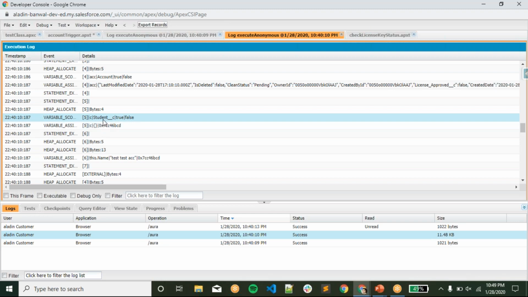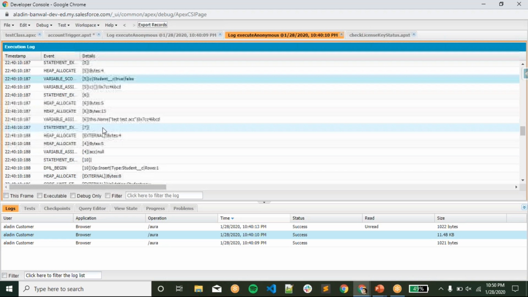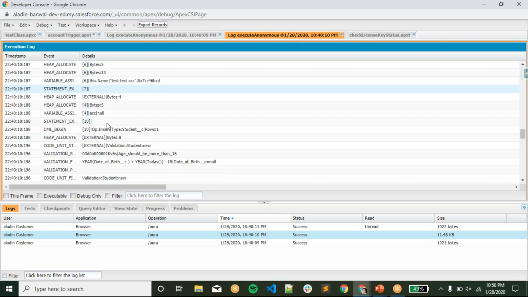It is creating a C as a student, and it's empty for now. There is no value for this, and it is assigning the name test. And what is the account name? Test ACC. It is appending test with this test ACC, and assigning it to the name field.